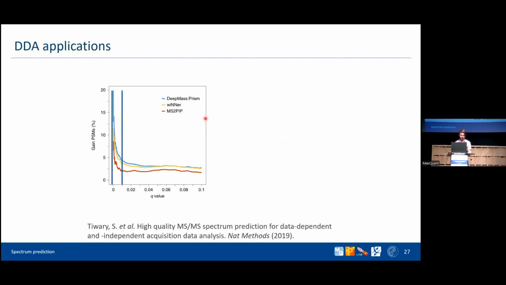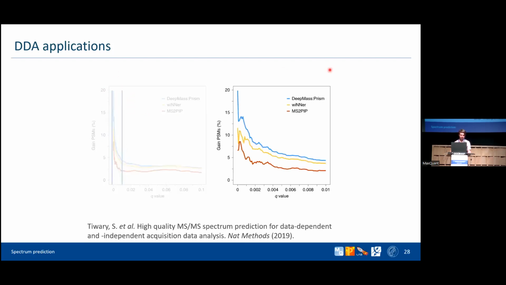So as you can see, the improvement in sensitivity is Q-value dependent and is higher at small Q values, which is good because this is the area that we are most interested in. And here we have the same plot, but zoomed in to the range from 0 to 1%. And this is the gain in PSMs. And here the gain in peptides. So at a standard cutoff of 1% FDR, the improvement with the best model was around 4%, which is good,